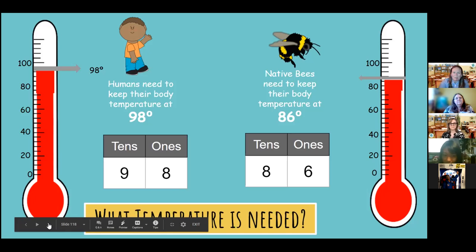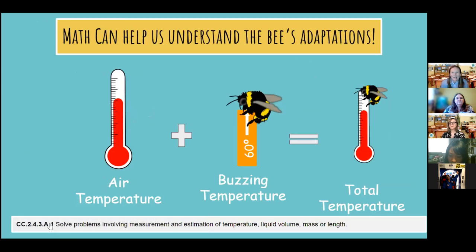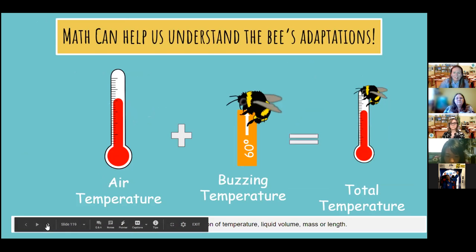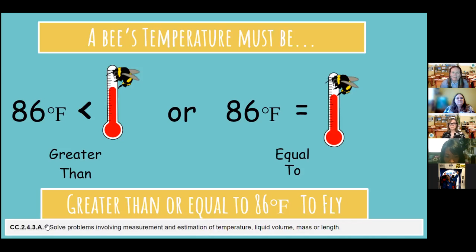It's not always that warm though, especially not in the Arctic. So they are able to raise their temperature by buzzing. Again, that adaptation helps them with their pollinating as well as staying warm. So by buzzing, a bee can raise their temperature as much as 60 degrees. They do not always go 60 degrees, but they have that ability. So that their temperature after buzzing can reach 86 or above on days that the air would be too cold